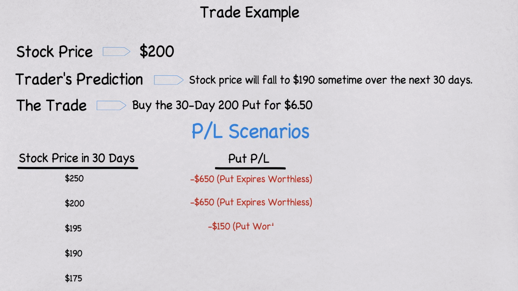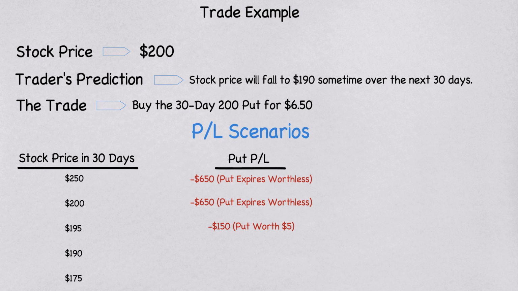Now, if the stock price decreased by $5 to $195 per share over that 30-day period, then the put option with a strike price of $200 would be worth $5. That's because with the stock price at $195, we have $5 of value being able to sell shares of stock $5 above the current market price. But since we purchased the put for $6.50 and at expiration it was only worth $5, we would lose $150